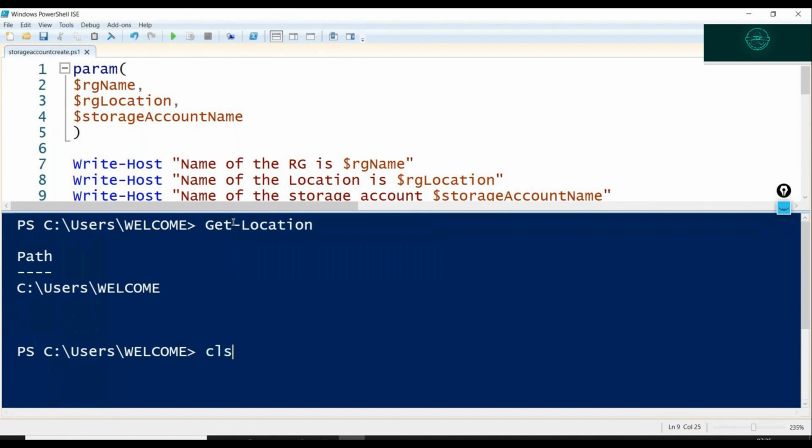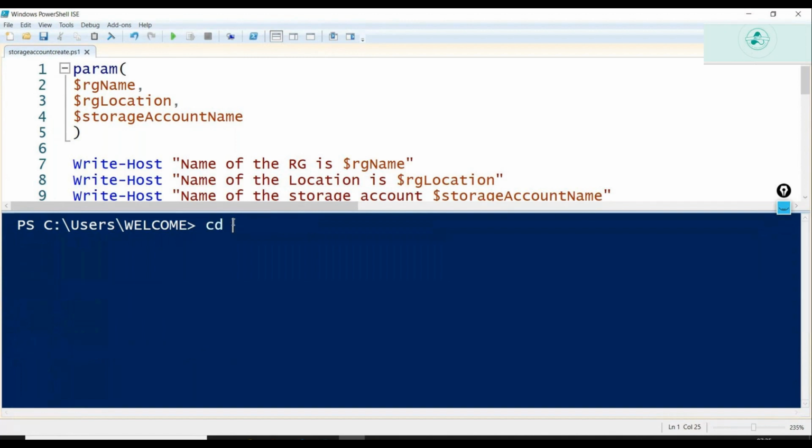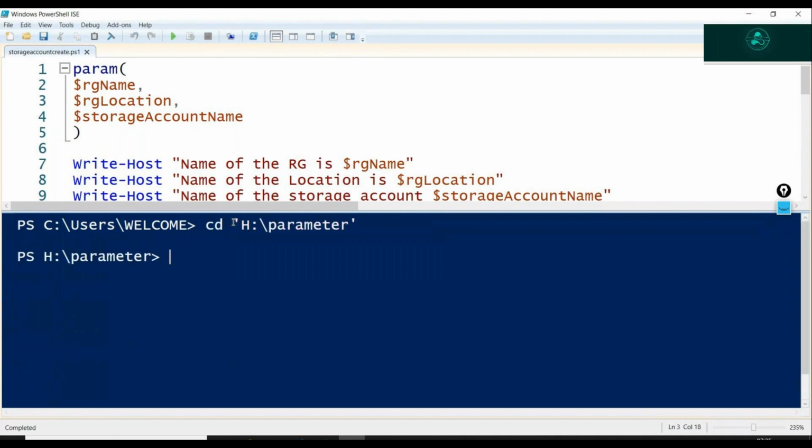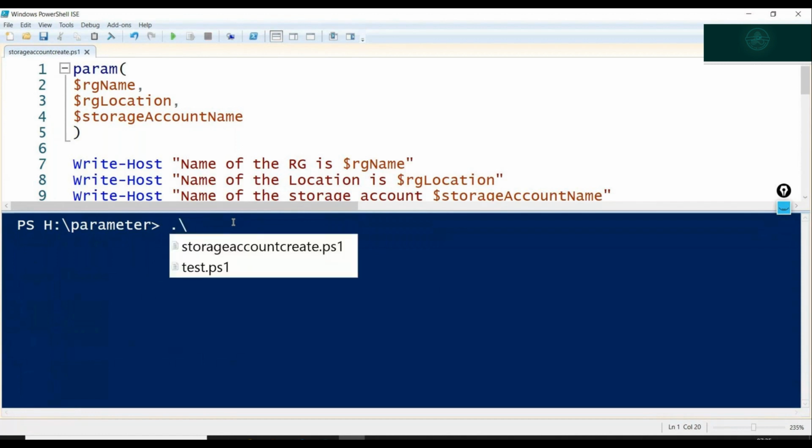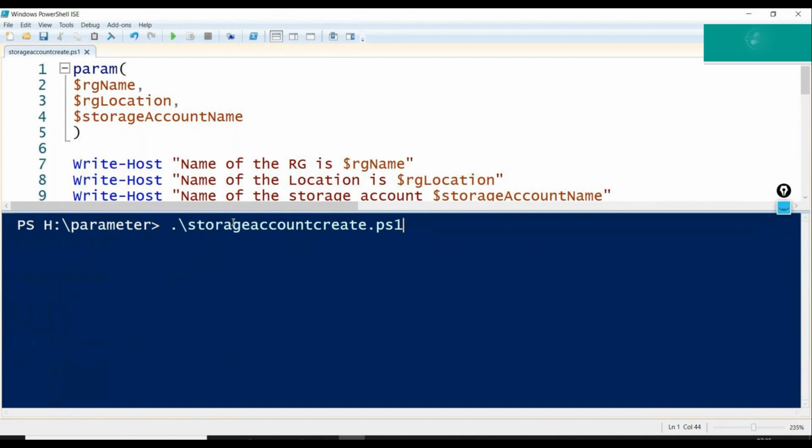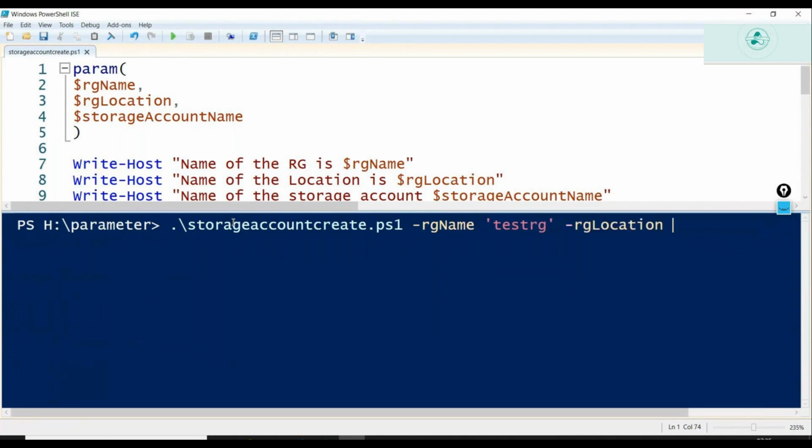So okay, I want to change my path, so I'll enter a command known as cd, and in quotes I'm passing this out, and I'm changing the path to the h parameter. Let's do a cls, and now I'll say dot backslash. Now I have two different scripts out here, and I want the first script, so I'll say hyphen rg name. So rg name, I'll say it is test rg, hyphen rg location. It's something like east us2